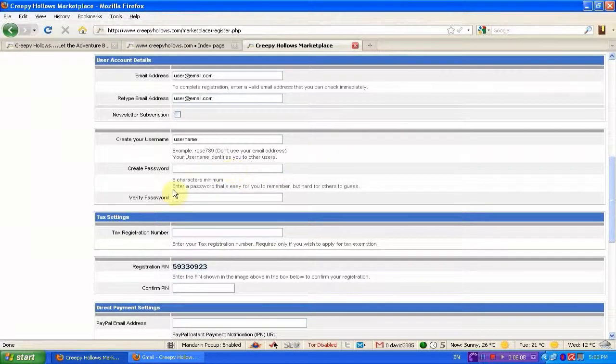Then you have to type in a password. The password has to be 6 characters at least. In order to make it more secure, you'll want to use a mixture of maybe letters, numbers, symbols, but you want it to be a password that you can remember. So go ahead and fill in a password,